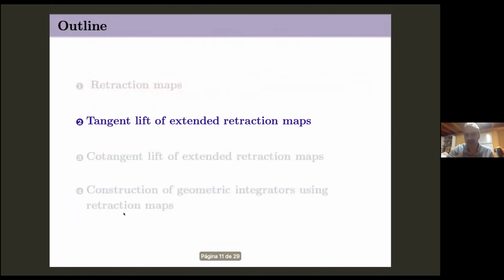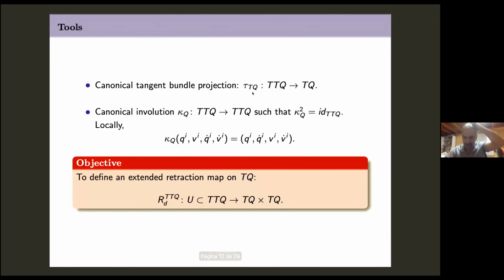And that's the idea. I will start in one second with the tangent lift of the extended retraction map. We are looking for a retraction of this type, from TTQ to TQ times TQ. This is the lift. We have the retraction in principle on Q, and this is like a retraction on the tangent bundle, for a vector field defined on the tangent bundle. This is my question, first with second order differential equations. But here we need to use